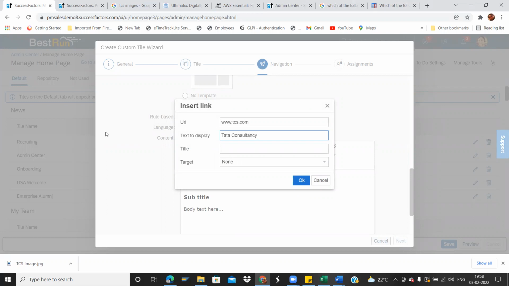Sir, why are we inserting these links? Because, for example, for new joinees, I want to make them go through our intranet. For example, I don't have any intranet right now, so I'm just mentioning the TCS link. This is for example. Okay, you can do anything.